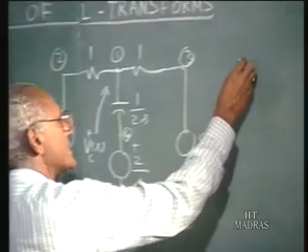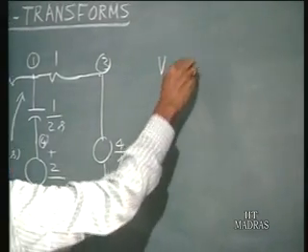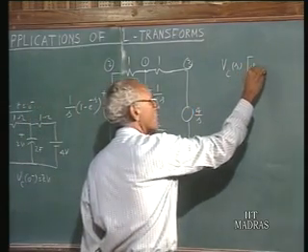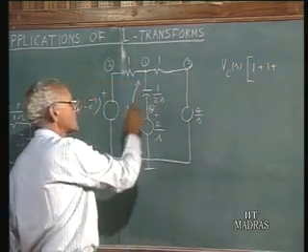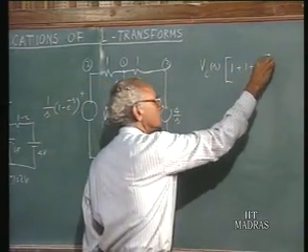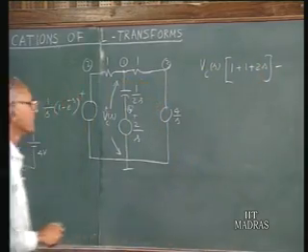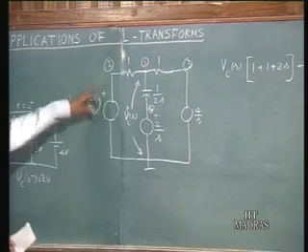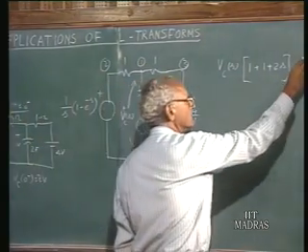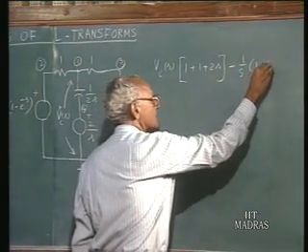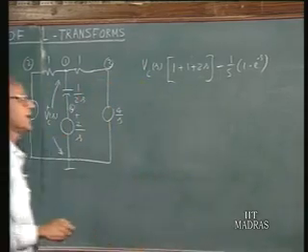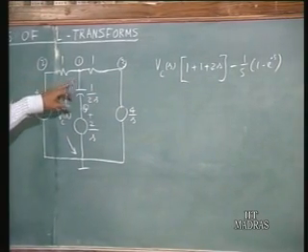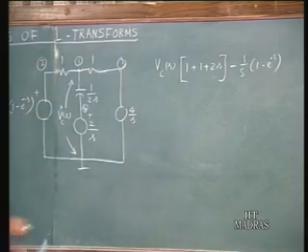So writing the node equation at node 1, Vc(s) times the sum of the admittances connected to this node, 1 plus 1 plus 2s, minus the coupling terms with reference to the voltages of the other nodes. With reference to node 2, we have (1/s)(1 − e^(−s)). That is the voltage of node 2, and the coupling admittance between nodes 1 and 2 is 1, therefore times 1,